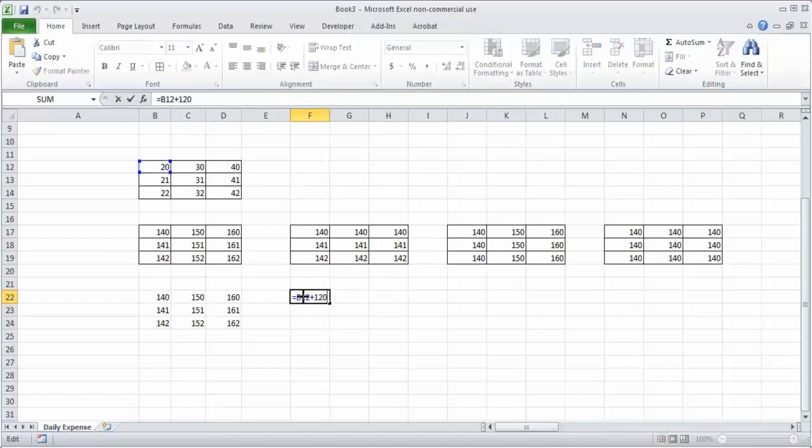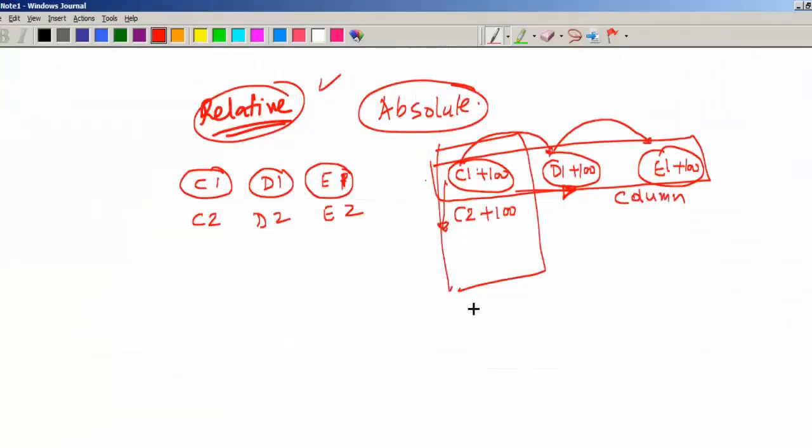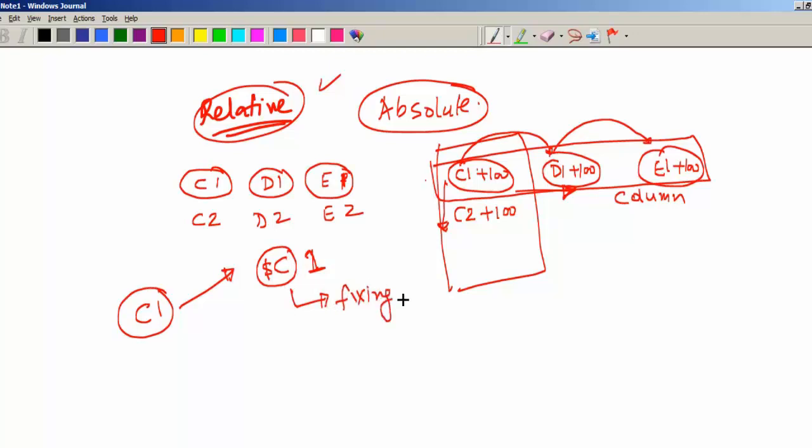We can have multiple things. Let's say we have C1, and we can write it like this, $C1. When I write $C1, it means that I am fixing the column.